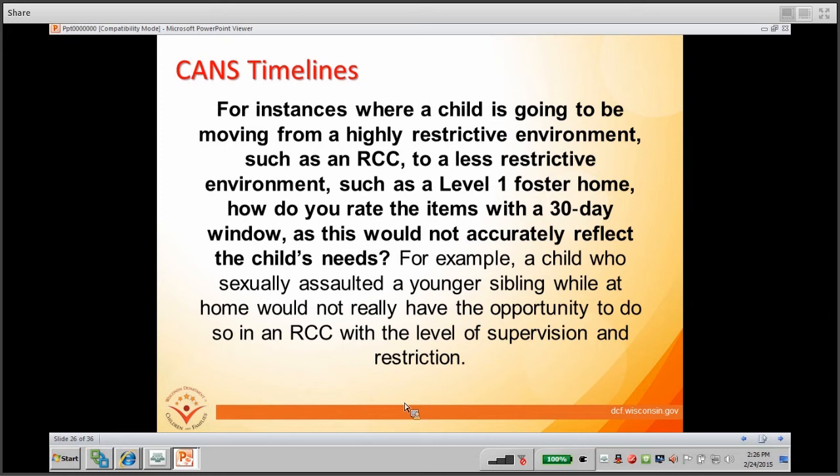And his joke is always, unless he had some really enabling nurses. Obviously, you're not going to rate that child as 0 for substance use. You're going to think about, if you weren't putting those supports and services in place, going back to the example of this child who sexually assaulted a sibling, if that child didn't have the structure and the format and everything of the RCC, what would that look like for that child? So you're overriding the 30-day window and you're rating the child, not the child in services.